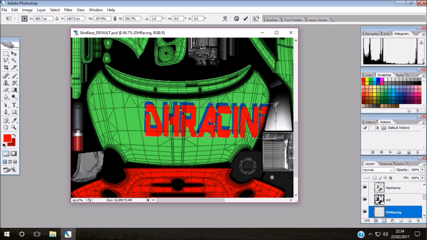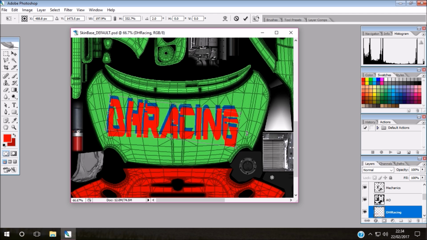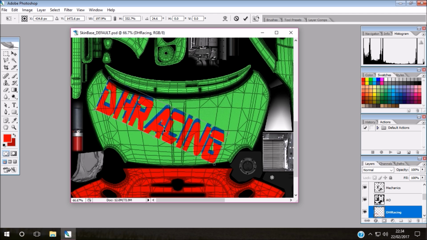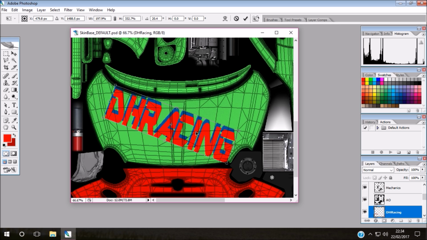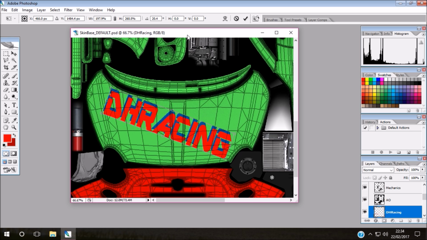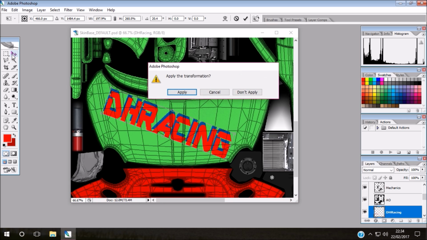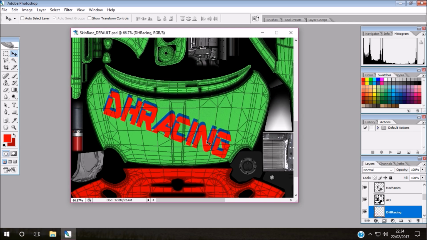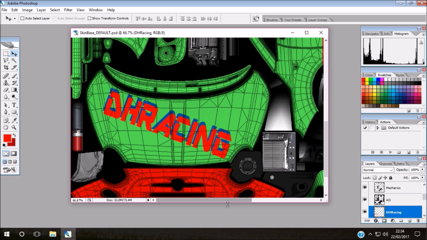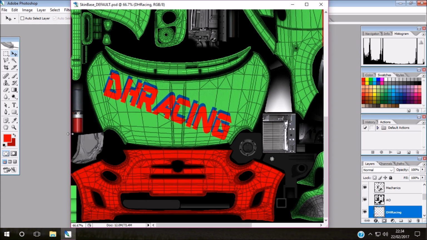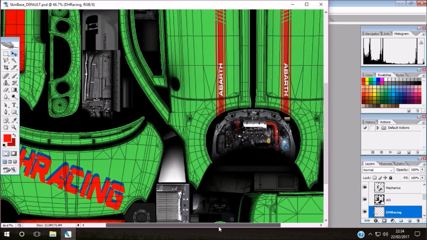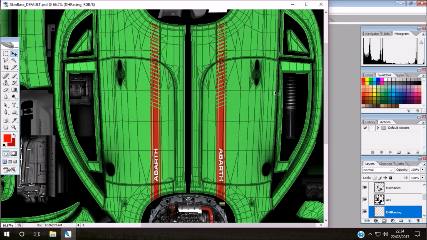You can enlarge it, move it about, do what you want with it. And all you do then, once you've got it in a place you're happy with, size and everything else, is click on your move tool again and say apply the transformation. Apply. That's now applied, and that's in there. Now say you were doing it in a straight line, say you were putting it up here and going on the side here,